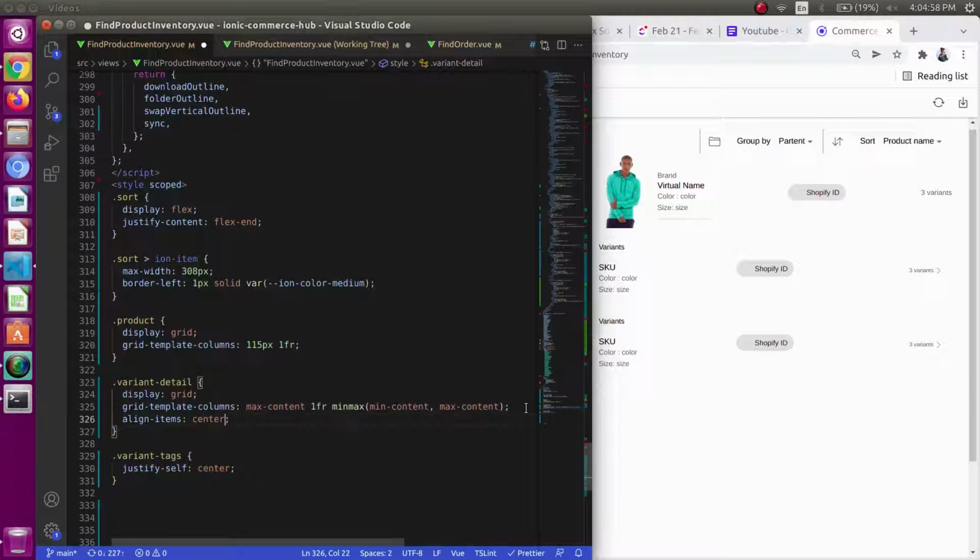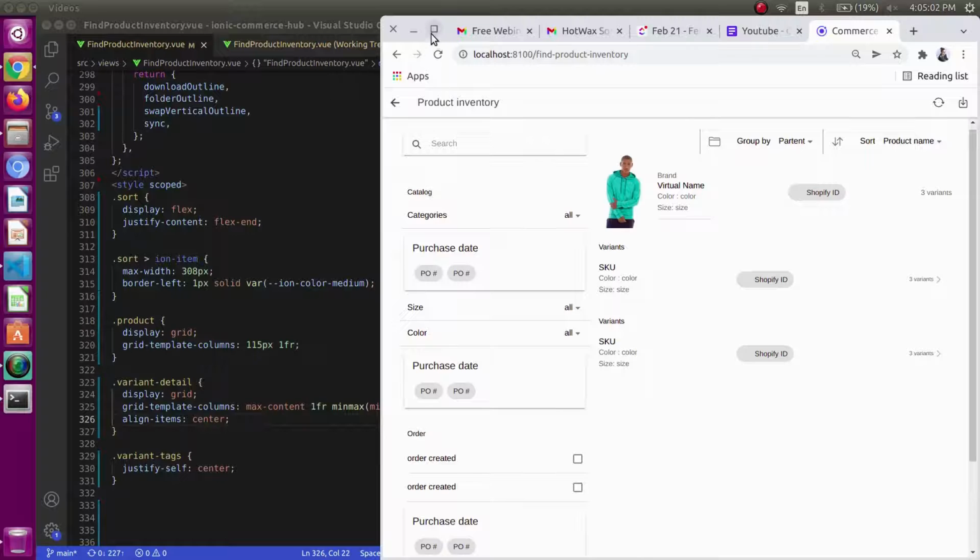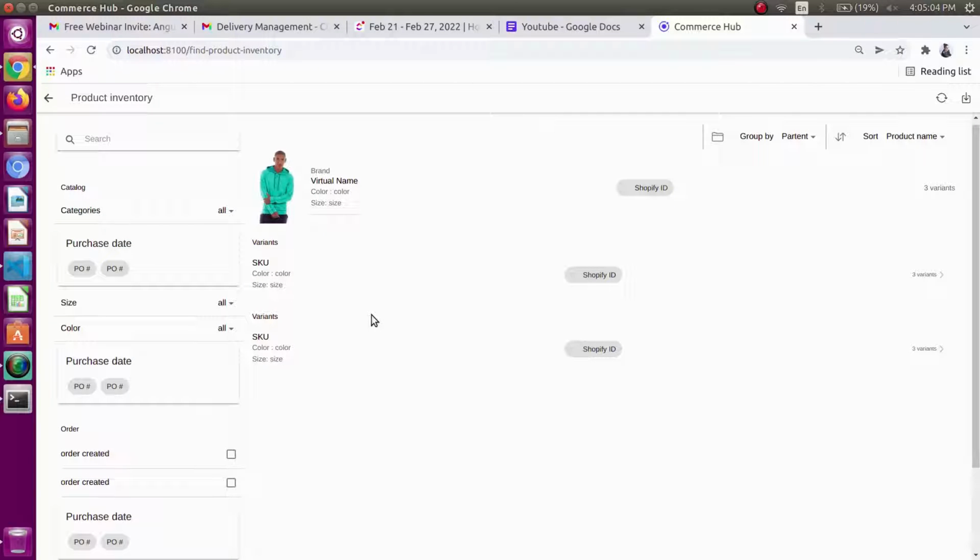So this is how it is looking. Let's just align them in the center. Our page is looking somewhat like this.